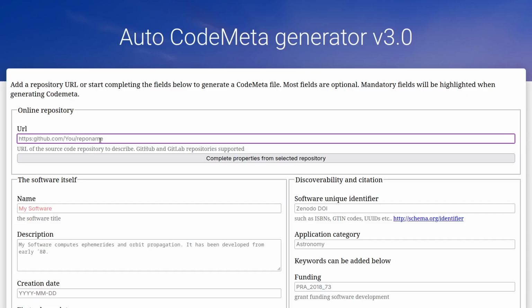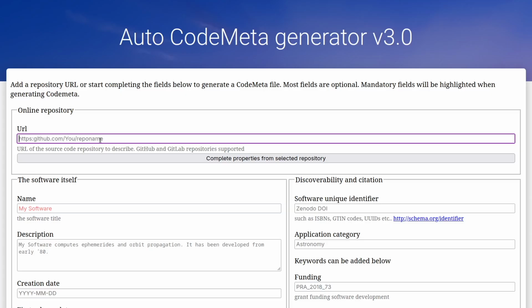This is a nice improvement because you don't have to type everything by hand, but it's still something you can do only once the software is already created and hosted on a given repo, and you will still have to update your file manually for each new version. So you might feel the need for another tool,